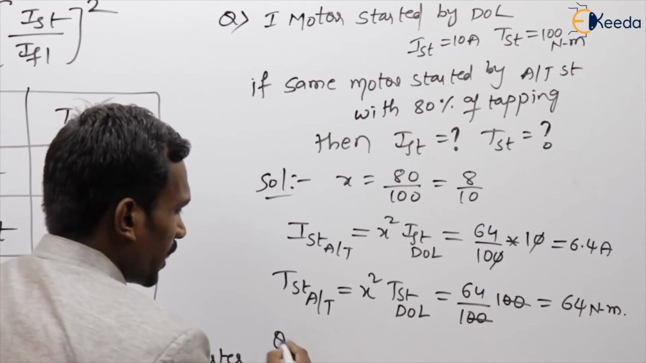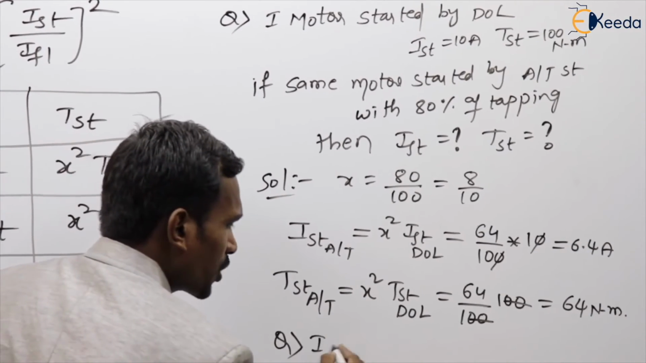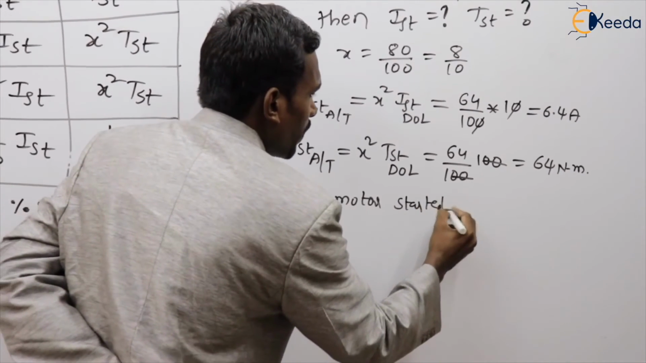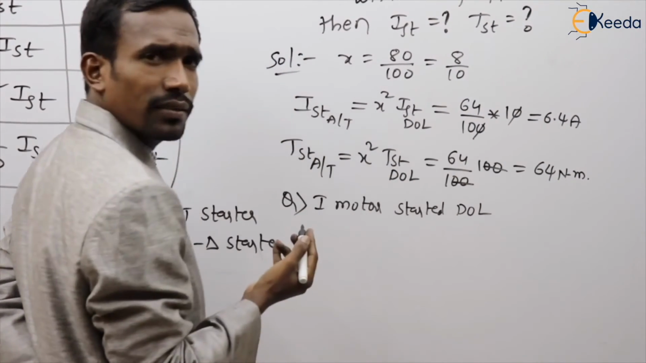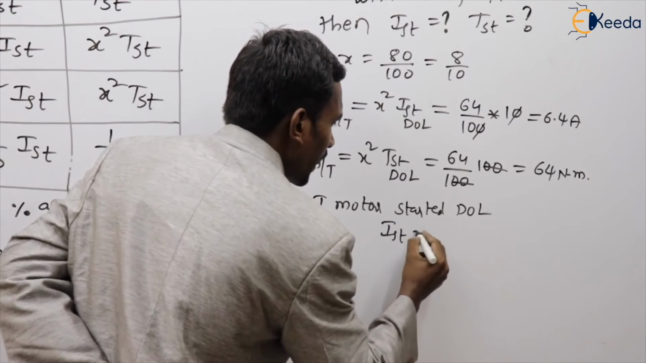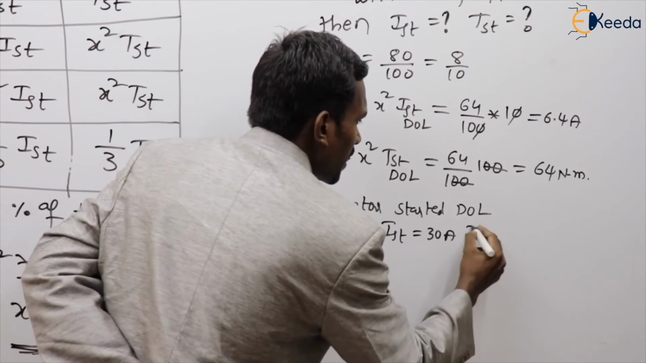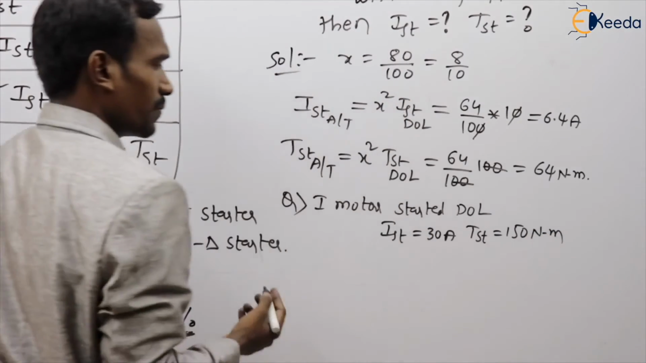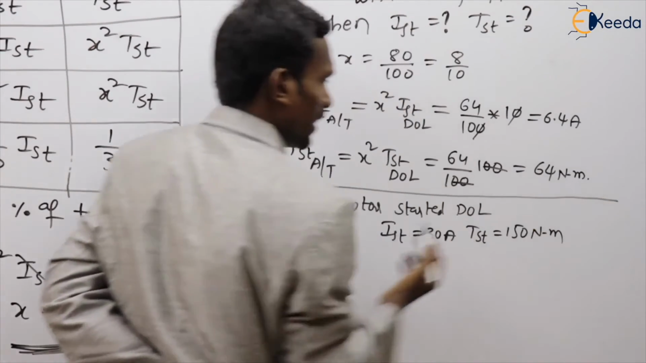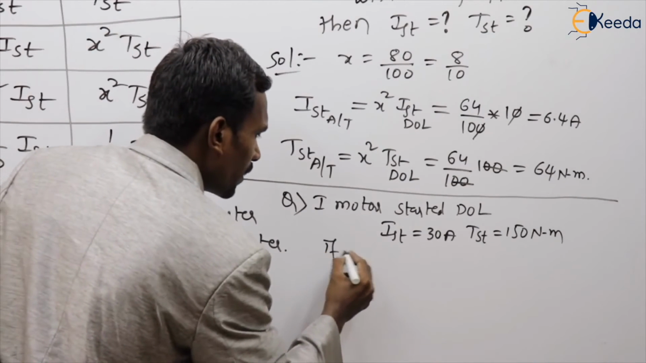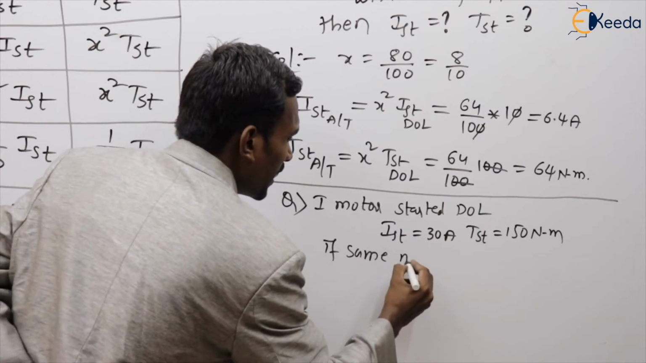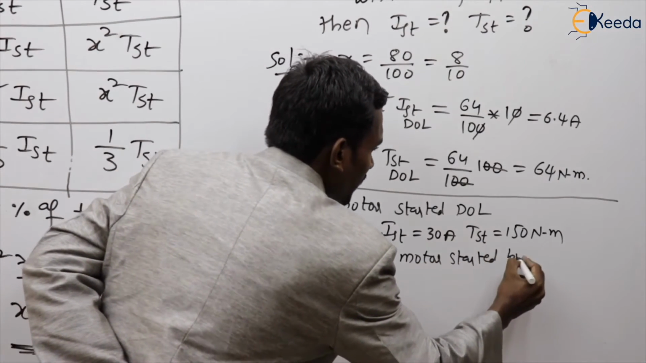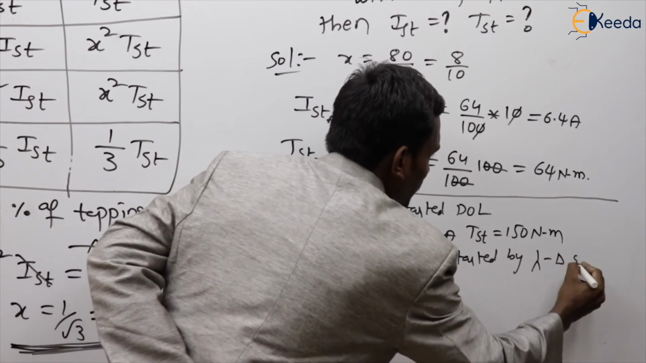And next question. An induction motor started by DOL starting has a starting current of 30 amperes and a starting torque of 150 Newton meters. If the same motor is started by star delta